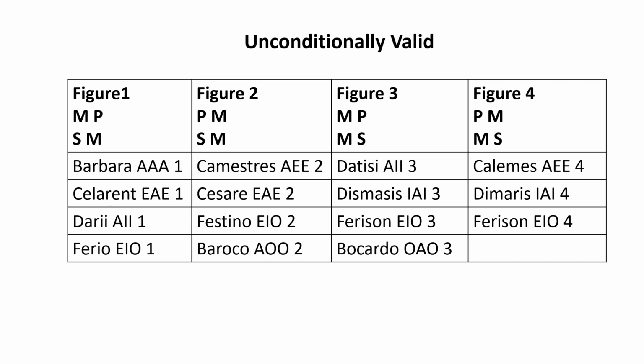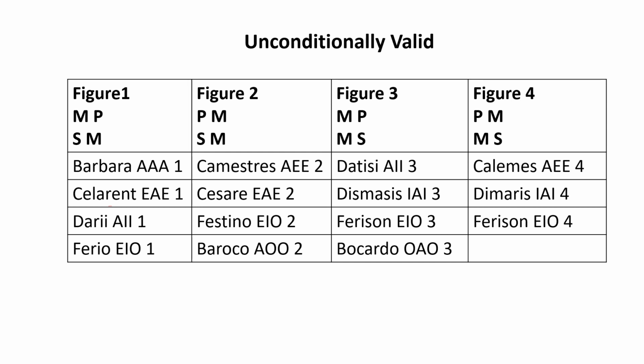Celarent, you remove C, L, R, N and T. So what do you get? E, A, E. That is figure 1. Darii is A, I, figure 1. Ferio is E, I, O, and this is figure 1. The same way for figure 2 you have